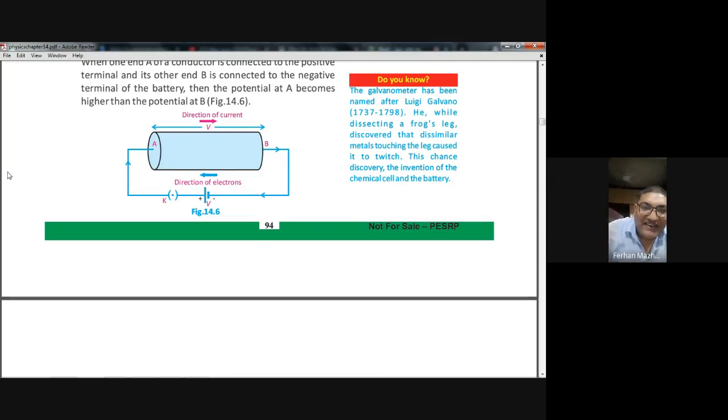Through the live wire, the high voltage current is coming into your home. And through the neutral wire, the 0 voltage current is going back. So whatever the current is coming into your home, the same amount of current is going back to WAPDA. But the current which is coming has high voltage, and the current which is going back has 0 voltage. That's the rule. You understand this idea? Yes, sir.